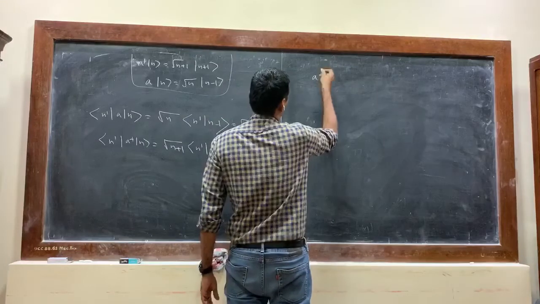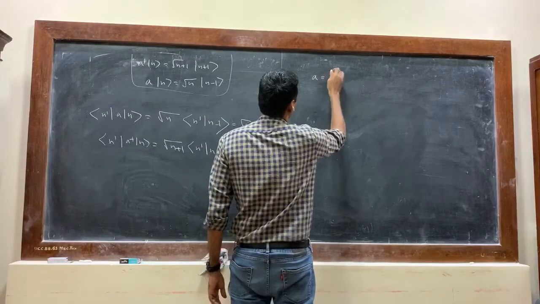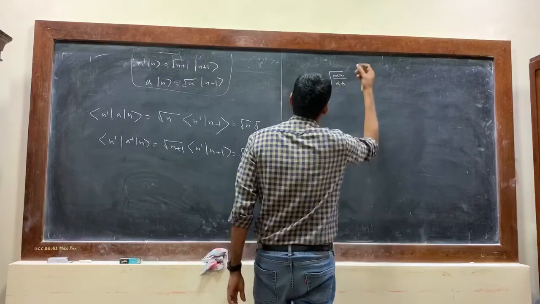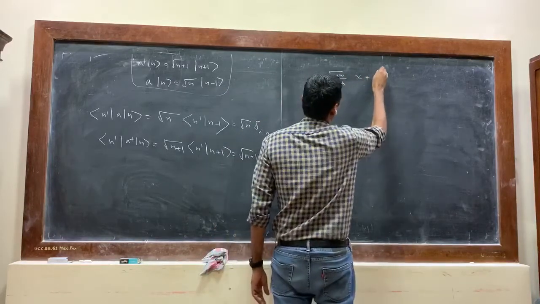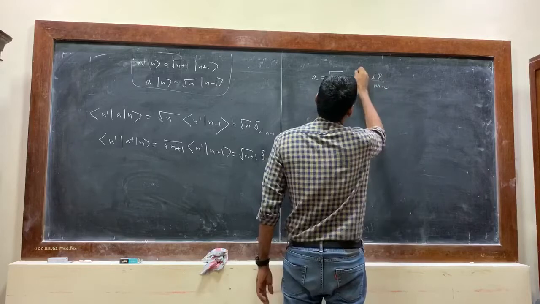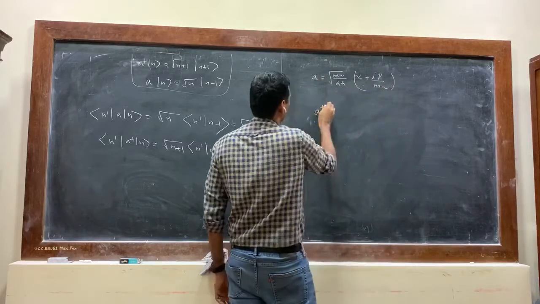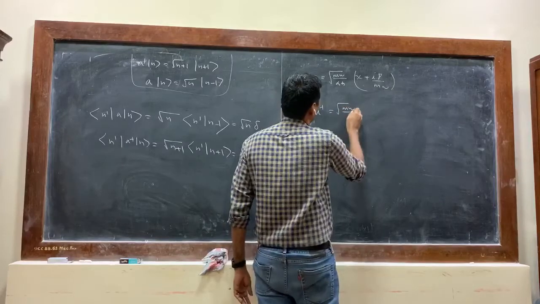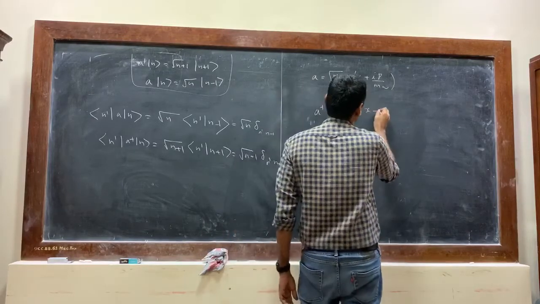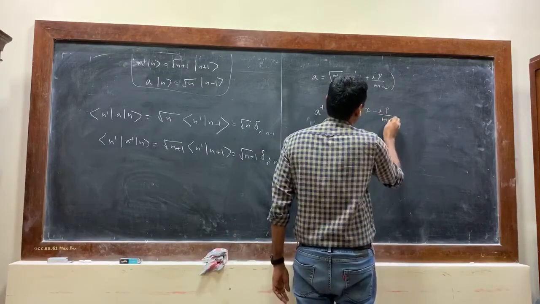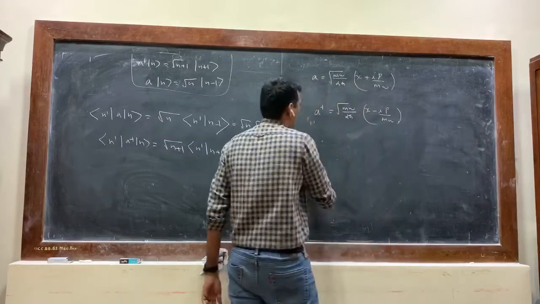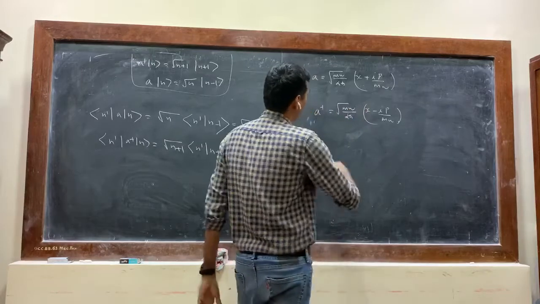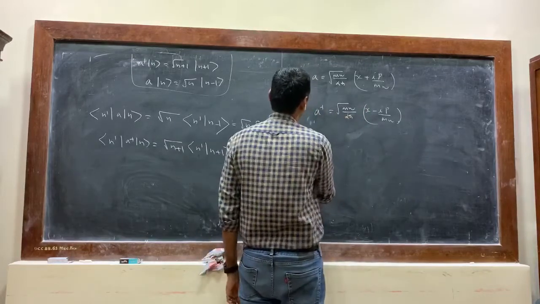The definition of a is square root of m omega divided by 2 h cut, times x plus ip divided by m omega, and a dagger is equal to square root of m omega divided by 2 h cut, times x minus ip divided by m omega. Right? So now we can just find x and p in terms of a and a dagger. So we just add these two, so we get a plus a dagger,